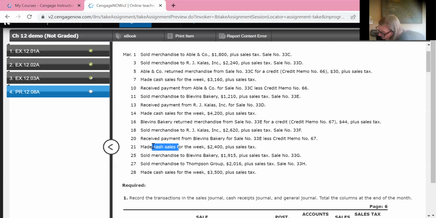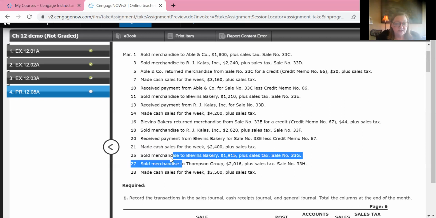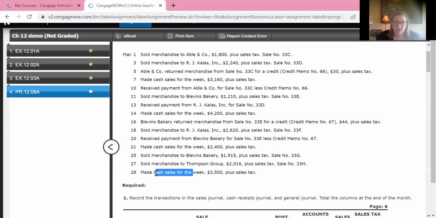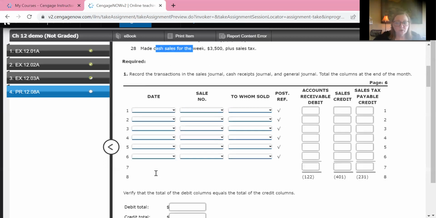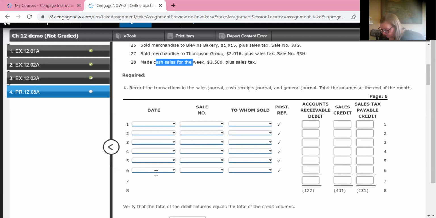On the 25th, sold merchandise. And on the 27th, both of these sold merchandise go in the sales journal. And then the last thing that happened, made cash sales for the week again. And that one again is cash receipts journal. Okay, so we're just going to post them in there right quick so we kind of know what we're doing. So one at a time, the first one's going to the sales journal, sold merchandise